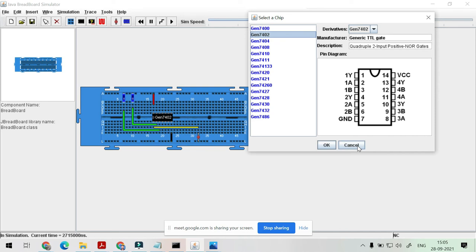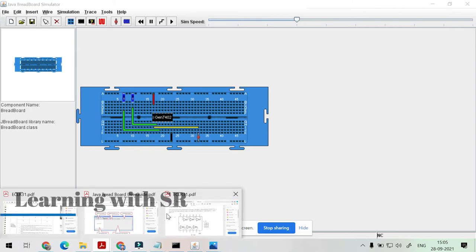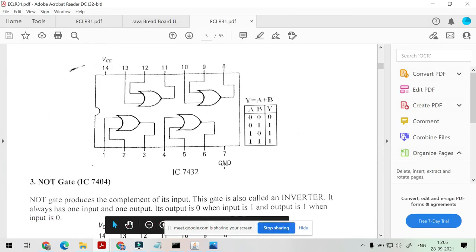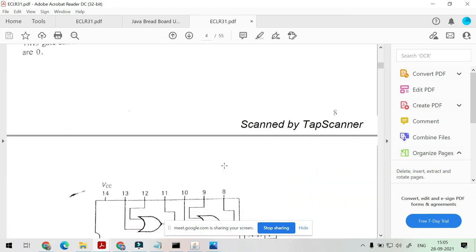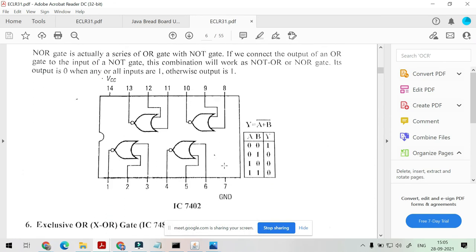Okay, I think in the NOR gate, when we have both inputs 0 0, we get 1, and when we have 0 1 or 1 0 or 1 1, we will get 0.